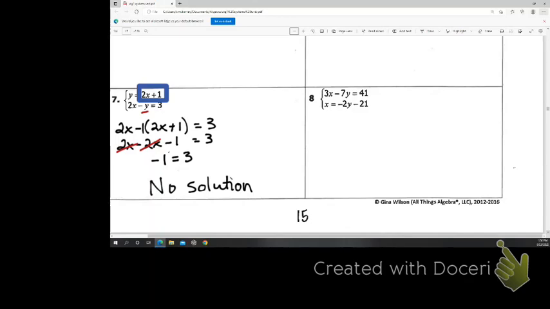If you still have x's or y's, if you still have variables, then you solve and you should get an ordered pair as an answer. So 7 is a special